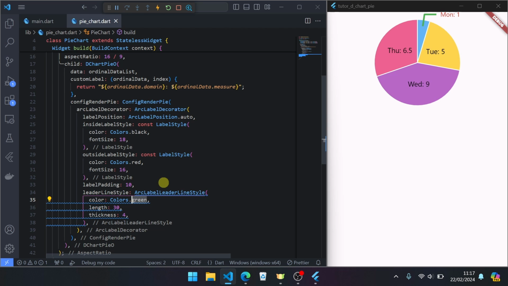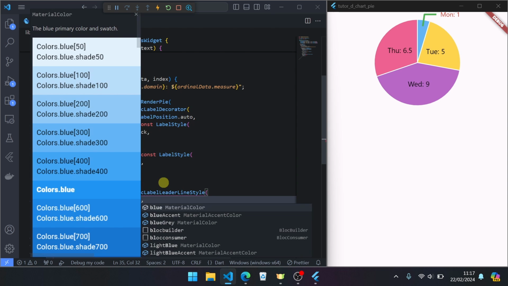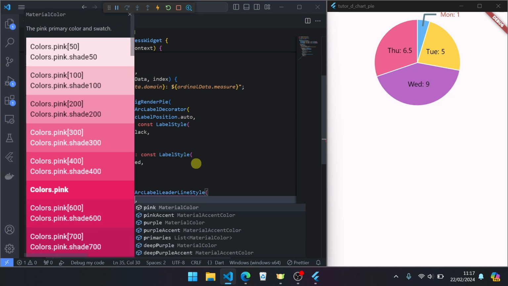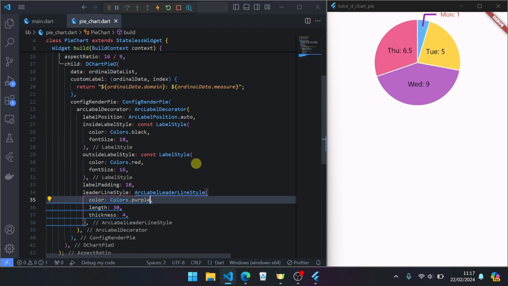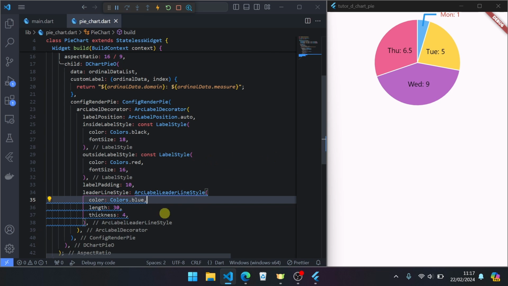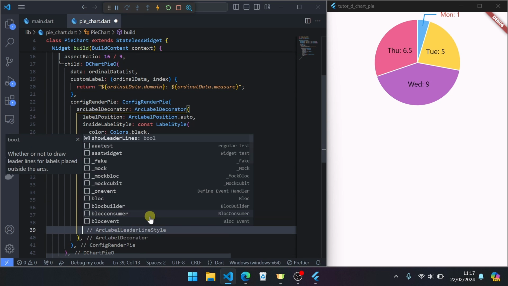Or blue gray maybe. Okay. Or another color. Okay. Or blue.